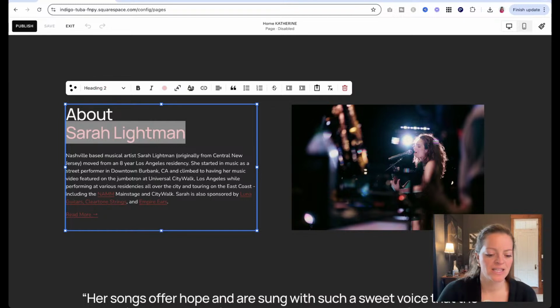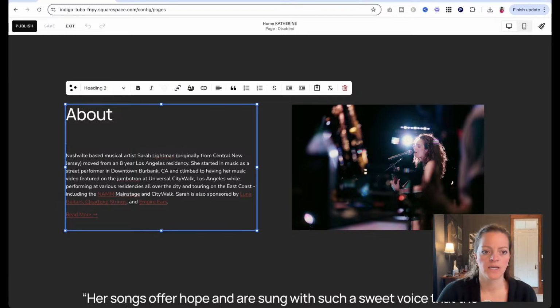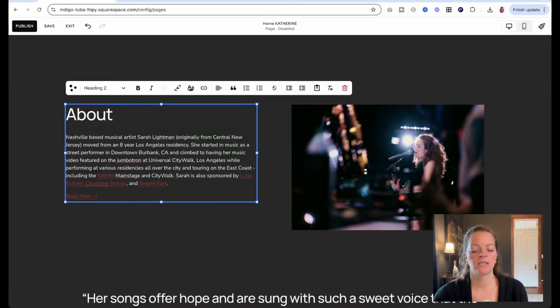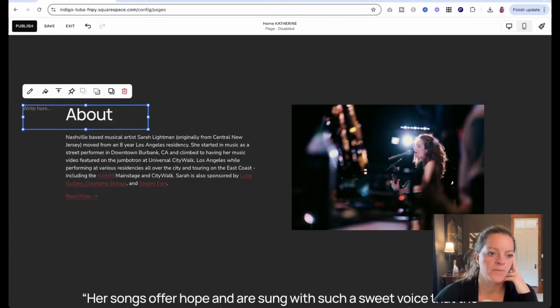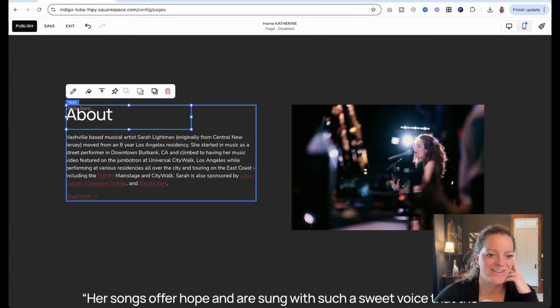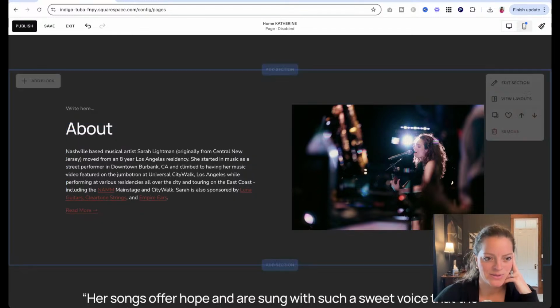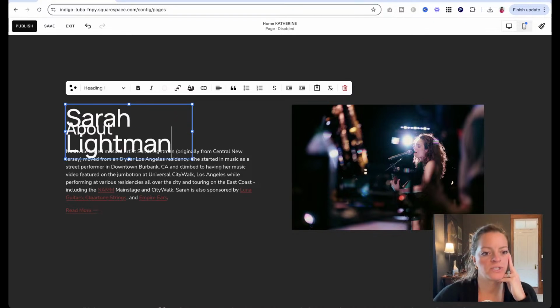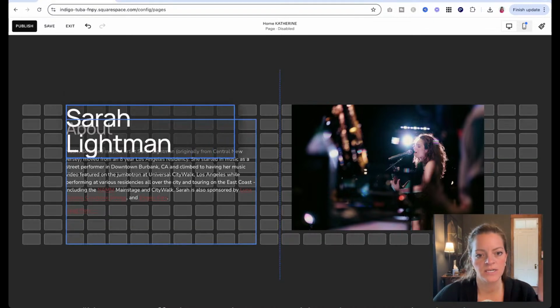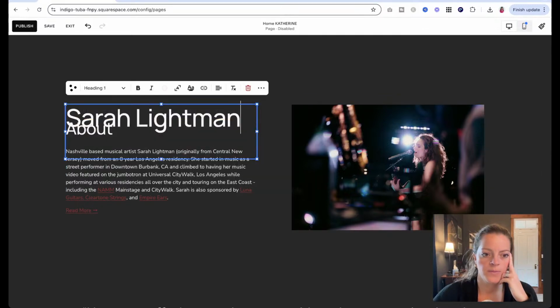So let's try this. Every page needs to have a header 1, and it needs to be something along the lines of the title of your page. But sometimes it's just weird to repeat your name when you already have your name at the top in your navigation. So something I've been doing lately is this trick,